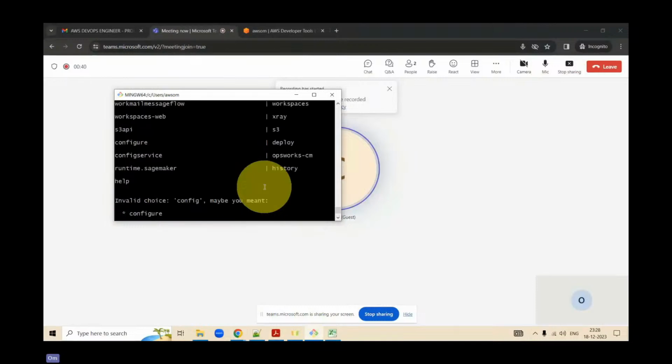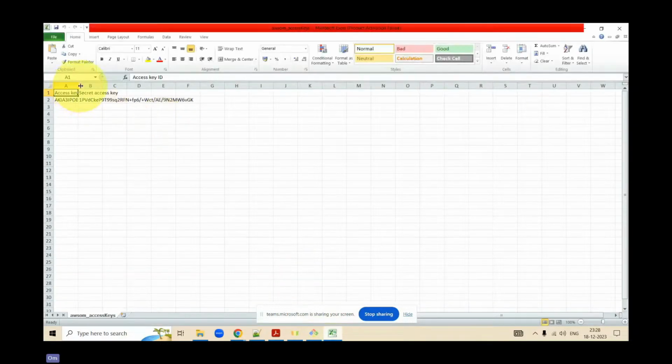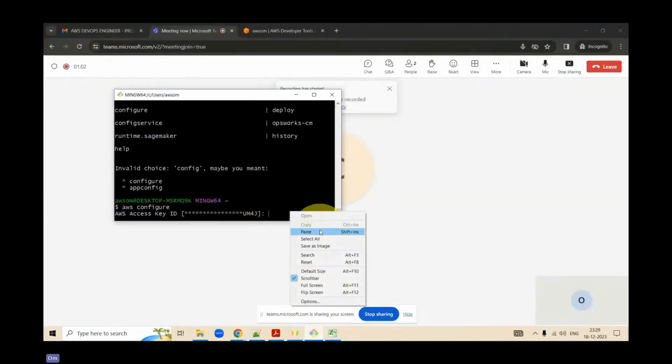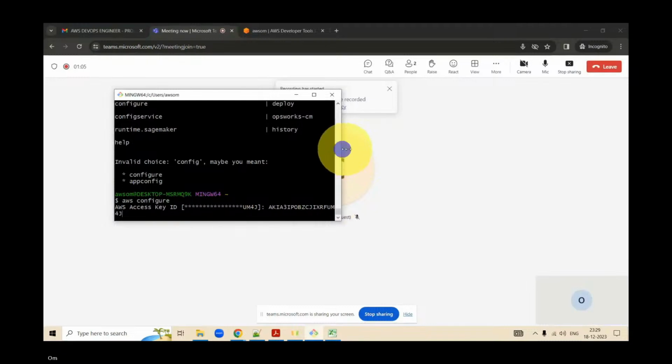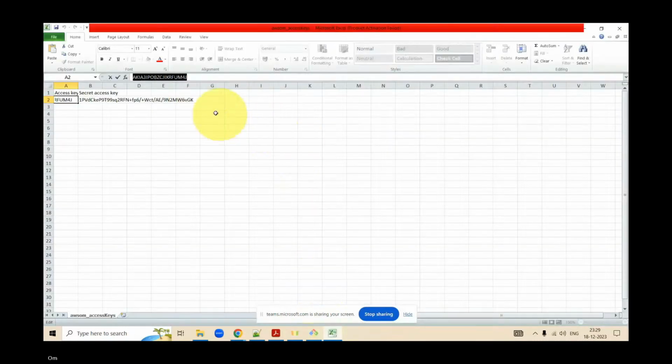Right. So the first thing that we are doing is we are executing one command that says AWS space configure. It asks me for an access key. In my local, I already have one access key that I have stored, the same access key that ends with UM4J. So I copy that access key and paste it over there. Clear? Then I press enter. It asks me for a secret key. It ends with 6VGK. Copy this 6VGK from here and paste it.